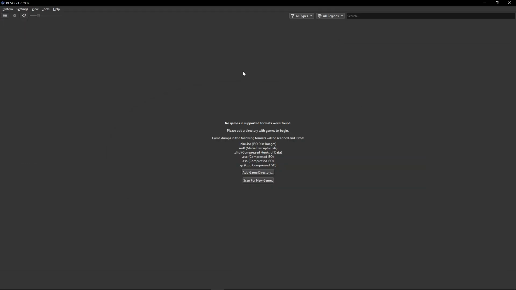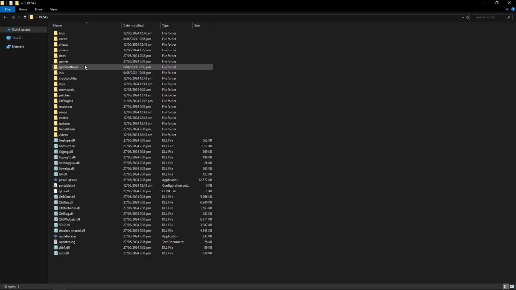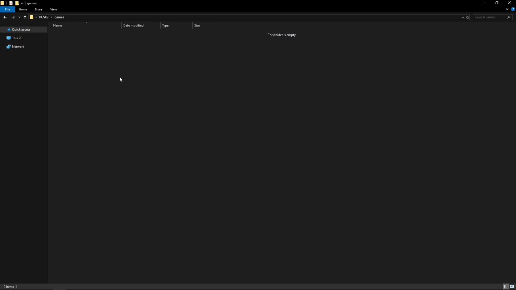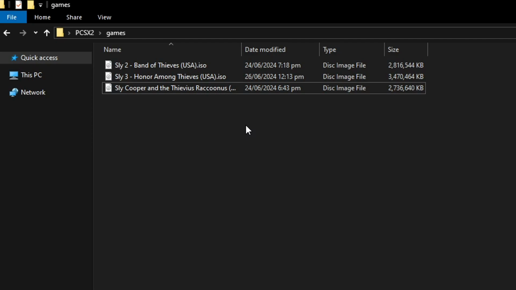Now, with this part completed, we're going to load the games into the emulator. Back on the emulator folder, on that games folder that we created before, this is where we're going to be placing the games. The most common format for this emulator is the .iso right here. I can't show you here on the video where to go to get the games because this is against YouTube guidelines and it can get my video deleted if I do that. So you can either dump your copy of your game into the PC or find it online.